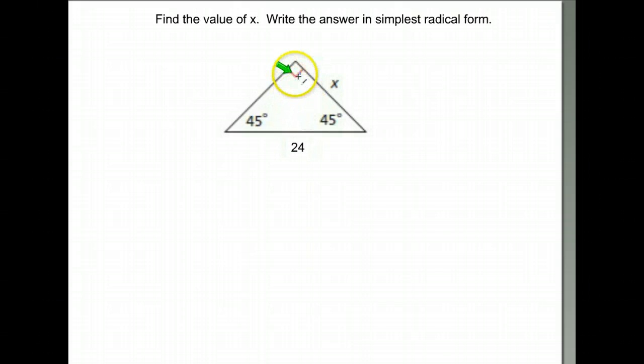Good, it's a leg. So here's my hypotenuse, across from the right angle. This is a leg. So I look in my notes for 45, 45, 90, and it says that the leg is equal to your hypotenuse